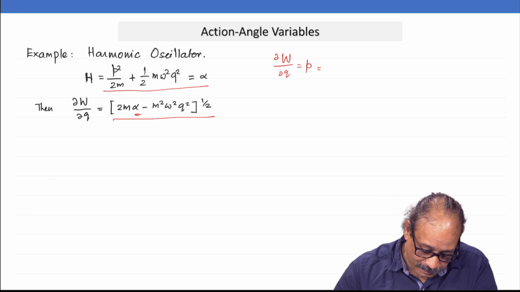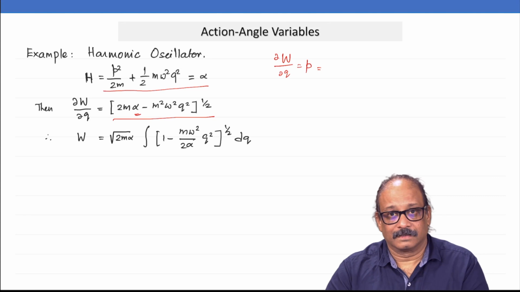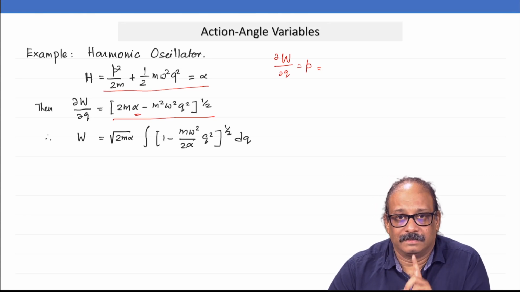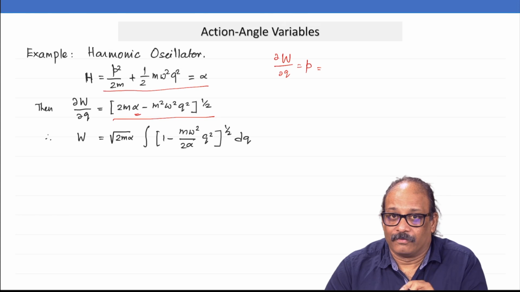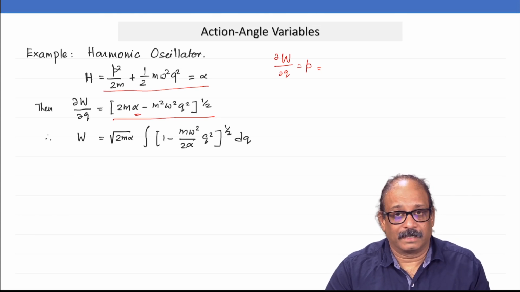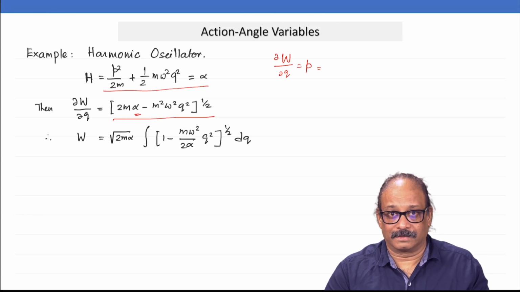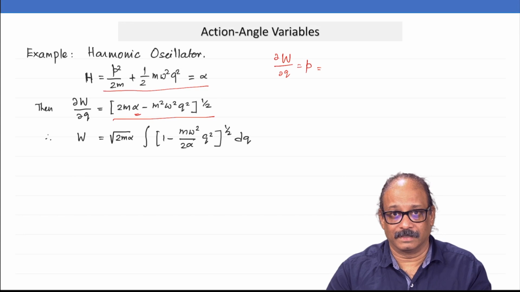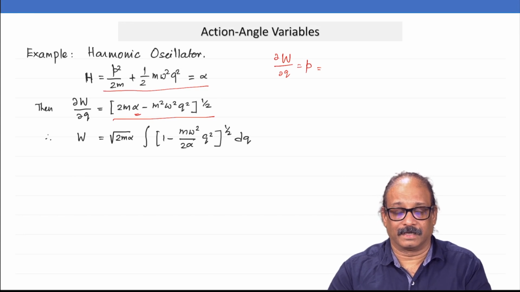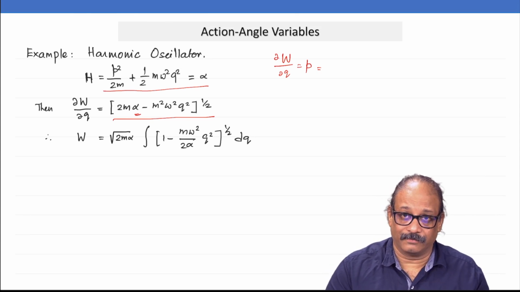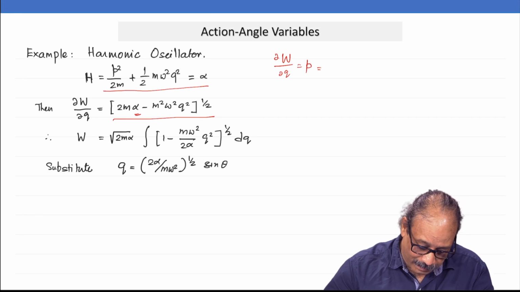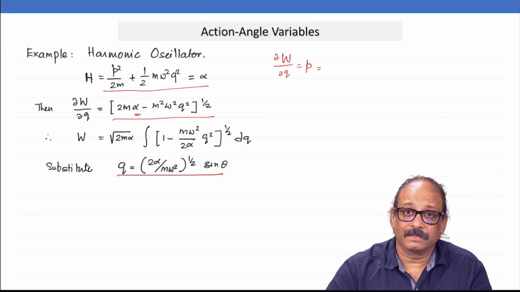So, integrate this. When I integrate this, remember, unlike the J variable, the action variable, which was integrated over one period, what should I do here? No, I am not going to integrate it over a period, it is not a definite integral, it is an indefinite integral. So, there are no limits. I must get a complete solution to this, including the constant of integration. If I do a definite integral, I do not get that constant of integration, but in this case I need to get one.